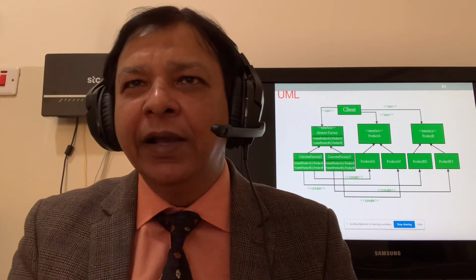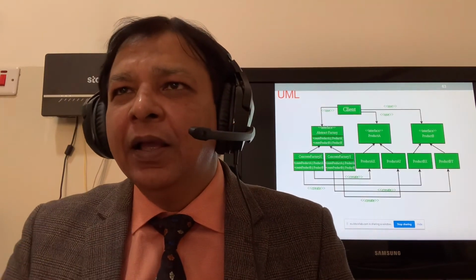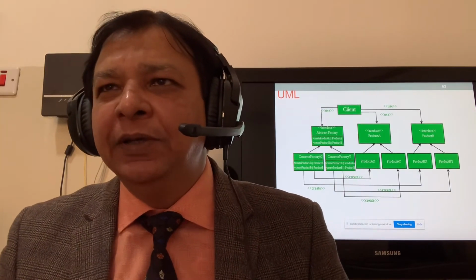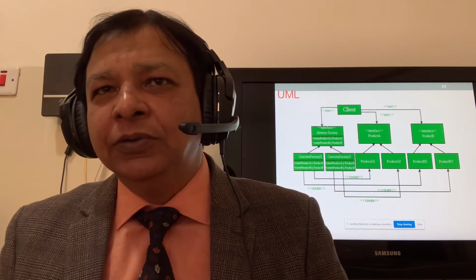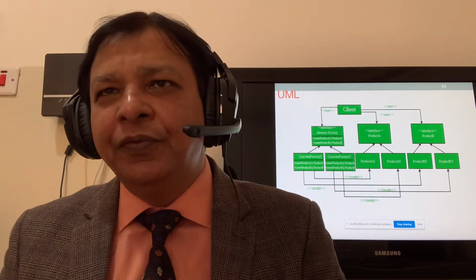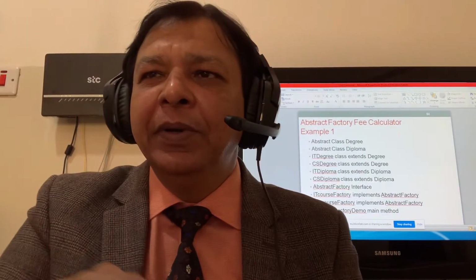From the factory, I can use interface X or interface Y. Then we have the interface for product B, where I can have BX and BY. So the interface is there to create objects of AX or AY, BX or BY. That is the UML. Let's go to the implementation.